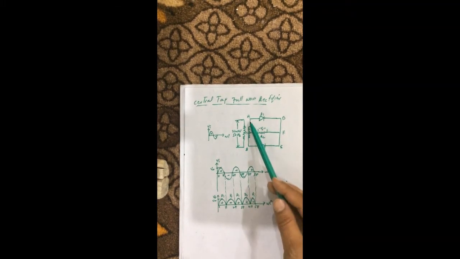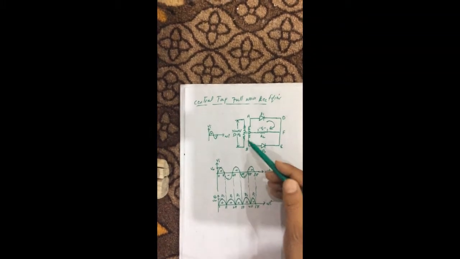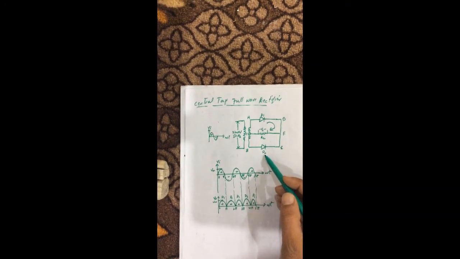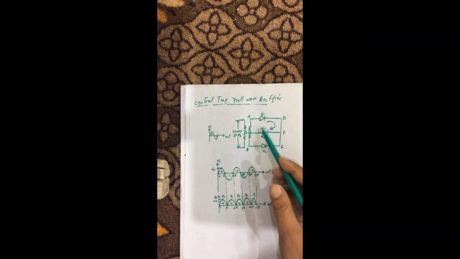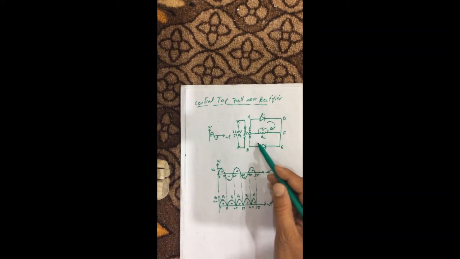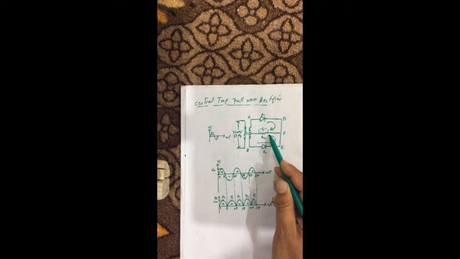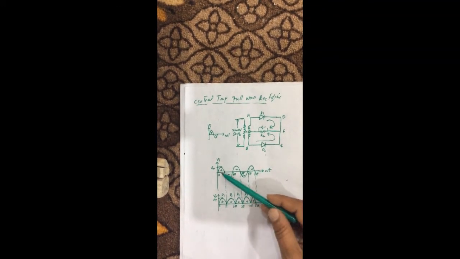bias, D2 becomes reverse bias. So D1 allows the current to flow through this circuit A, B, F, C and F, through this loop. And if the negative half cycle of the input signal reaches this primary coil, then D2 becomes forward bias and D1 becomes reverse bias. So the output current and output voltage drop across this resistor can be measured, which is due to the flow of current through this loop. So here we have this output signal,